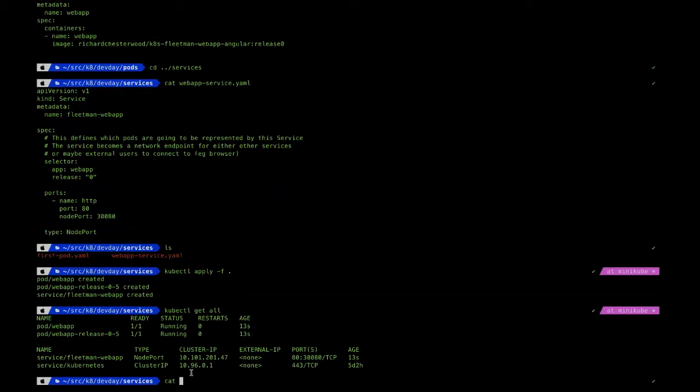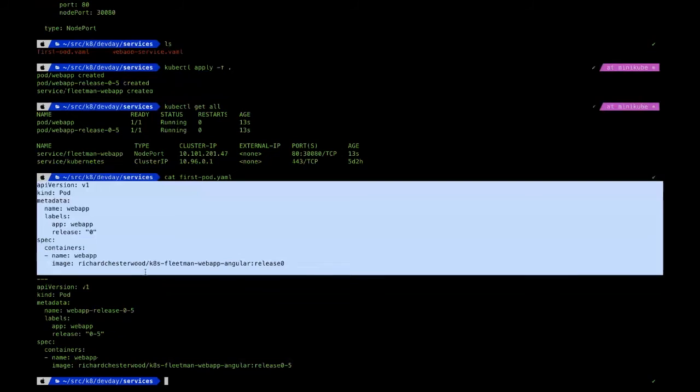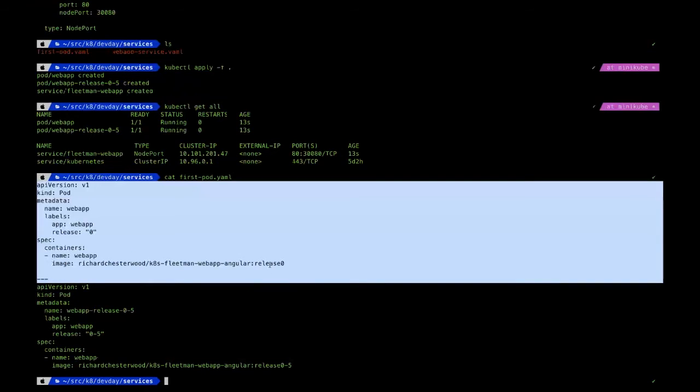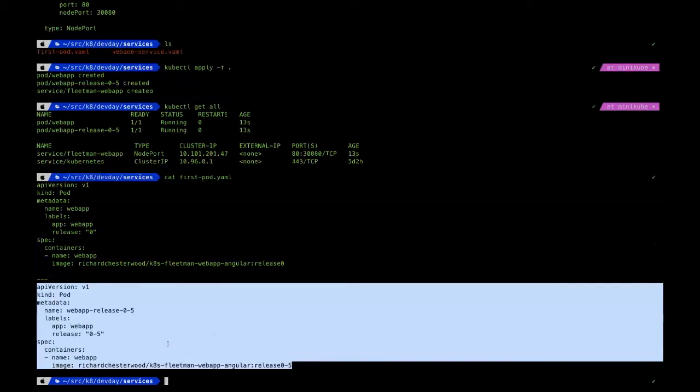In this pod file, I have defined two versions of the web application. The first one is this, and everything is the same except I'm using the tag 0, or release 0. And I have defined another pod with the tag 0.5 and release 0.5. So these are two versions of the same web application.